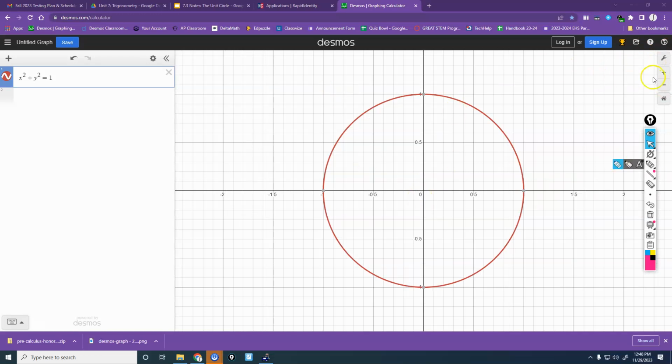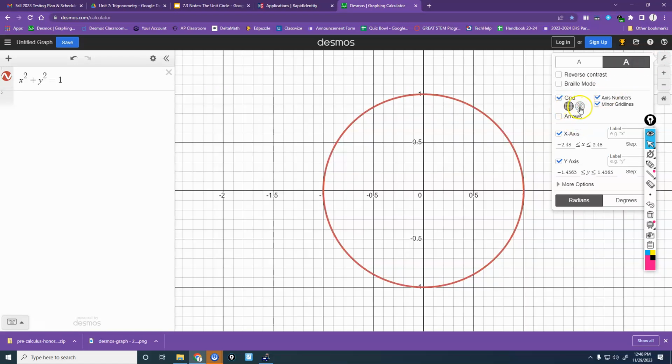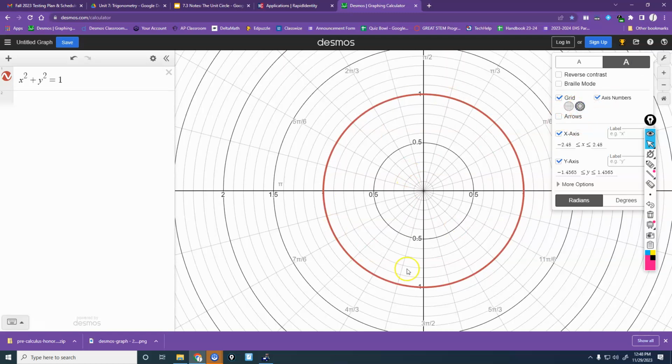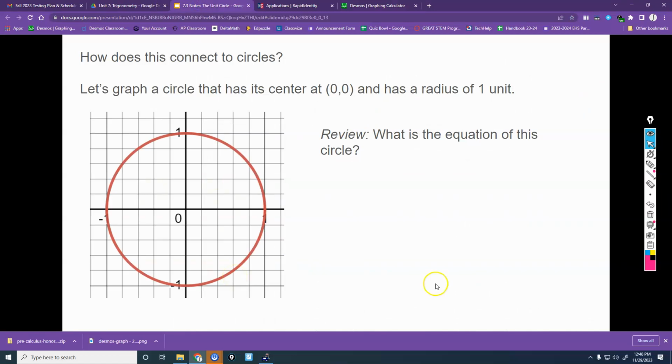I'll go into this more in a minute, but that picture I gave you, the one that says the unit circle at the top, if you hit the wrench right here, you see where it says grid? Where it says grid, you got this option or you got this other one. If you change it, it'll change it to your unit circle graph there. And then you can see this circle graphed on it. So that's coming up, not something you need to know much about right now. That's why we wanted that equation there. All right, so